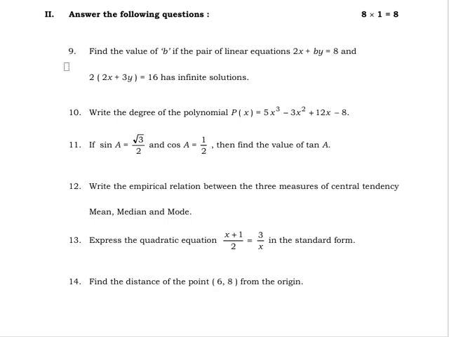So the first one is, find the value of b. If the pair of linear equations 2x plus by is equals to 8 and 2 into 2x plus 3y is equals to 16 has infinite solutions. So they have given the conditions for this linear equation. They have given two linear equations and also the condition that these two have infinite solutions. So if you know the conditions for this,